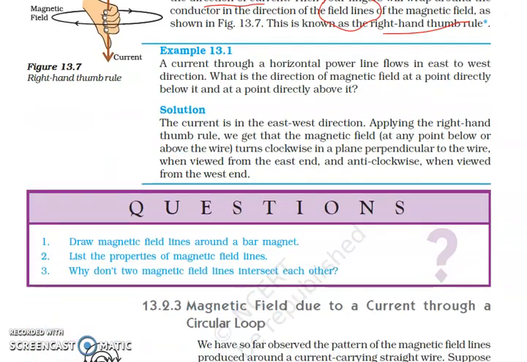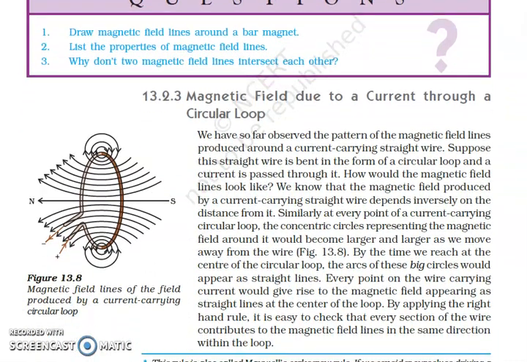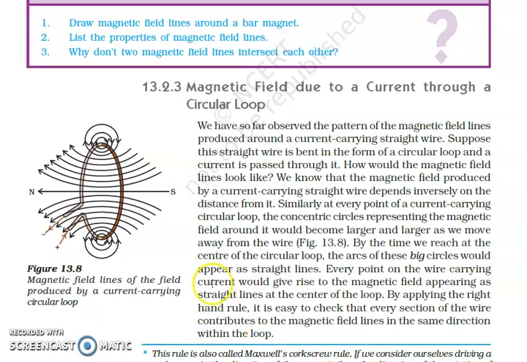A similar concept is used in calculating the direction of magnetic field lines due to a current carrying circular loop. Let's say we have this loop. The current enters from this point of the loop, and after following this path, the current leaves from here. What we have to check is the pattern of magnetic field lines along this circular loop. We'll come to this theory later on. Let's continue with the help of an animation.